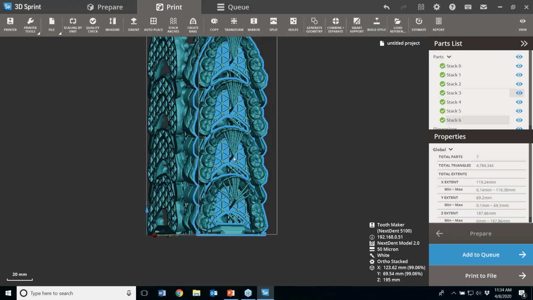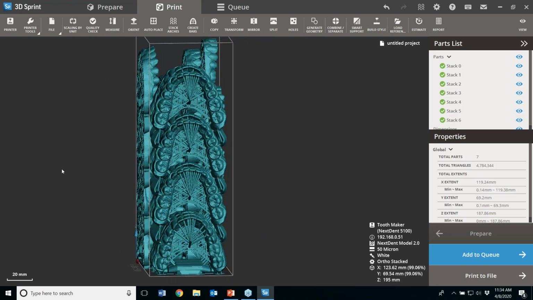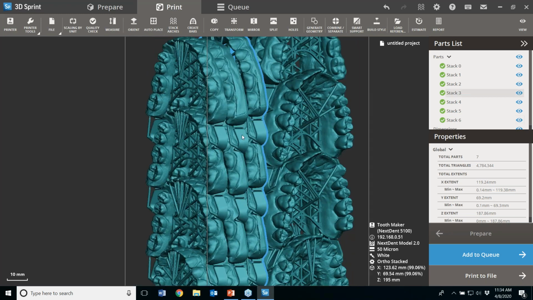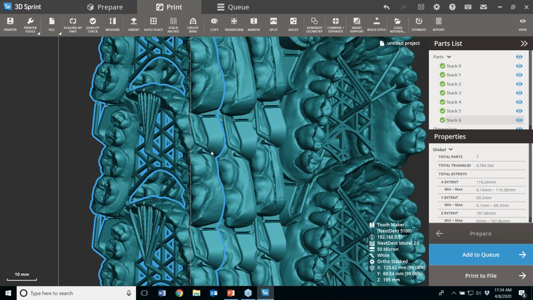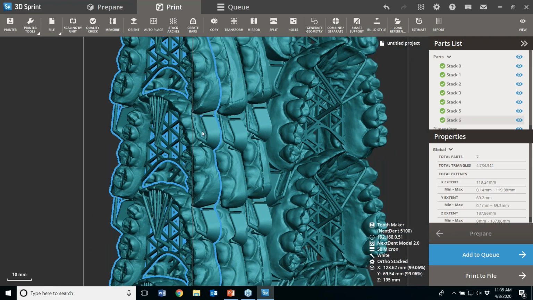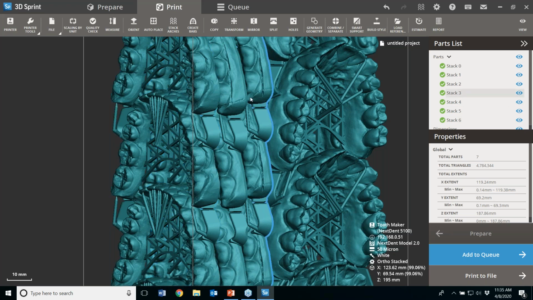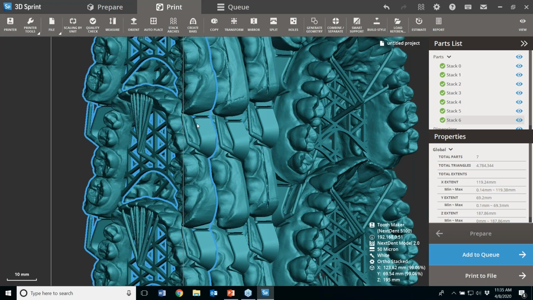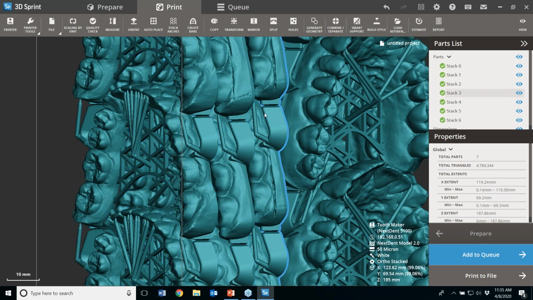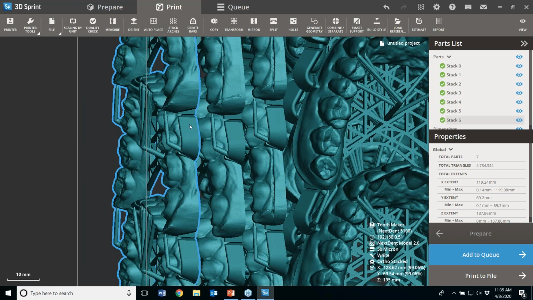Now, the cool thing is you don't have to actually place bars anymore because we've attached them to the arches below. And we have these nice little snap-off features. So I'm going to show you this live, but it's kind of hard to see detail in my live feed. So I want to show you this up close here. And you're going to see these lingual supports. I'm going to pull those off live. But we have these little easy break